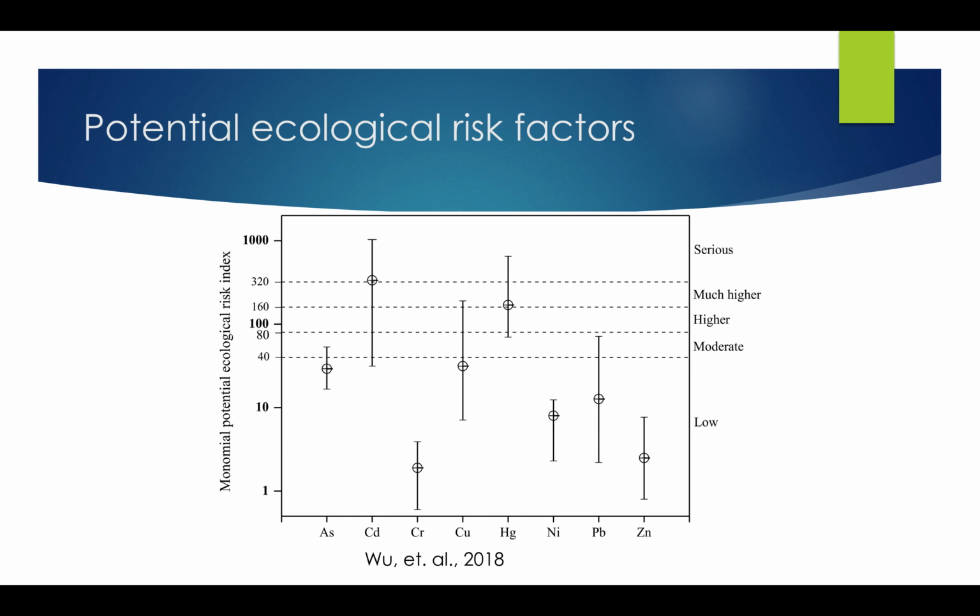Researchers looked at a few different samples in the Guiyu area to create levels of ecological risk based on each heavy metal. We can see in this chart chromium and zinc have relatively low ecological risk in the soil, while cadmium and mercury are of particularly high concern. And all these chemicals have some carcinogenic effects, which is why the residents are at risk.